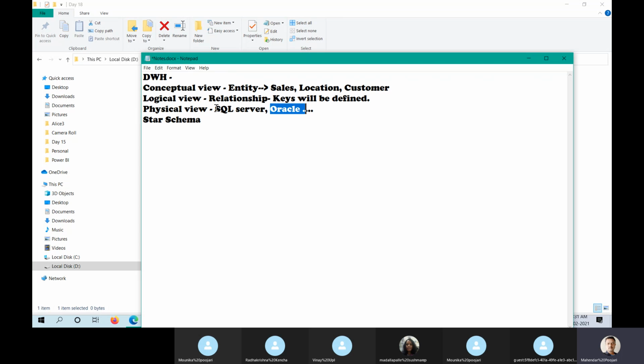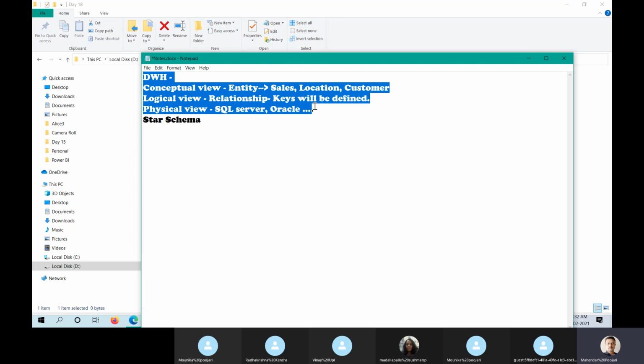This is the real product where we are going to place this logical view, so it depends. This is what we are going to create physically. Based on software advancements, you will get different features. That's the physical view. Whatever the question, if they ask, do you know data warehousing? Yes, I know. You can explain the conceptual view: we create the entities and don't define anything in the keys.